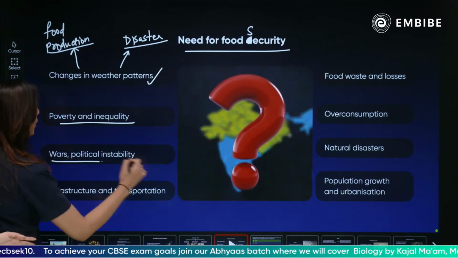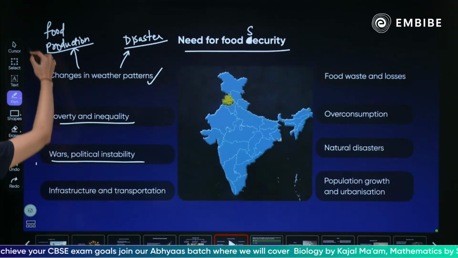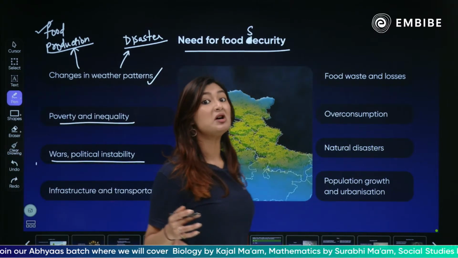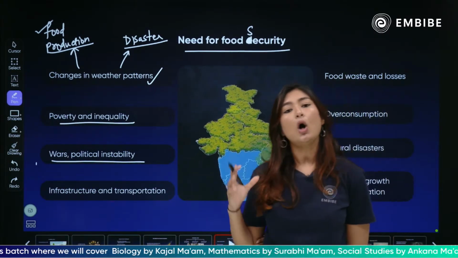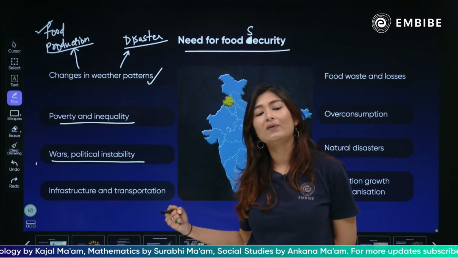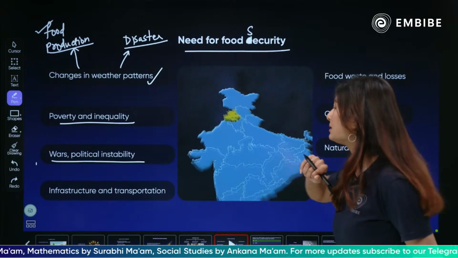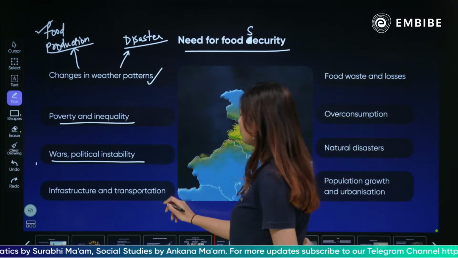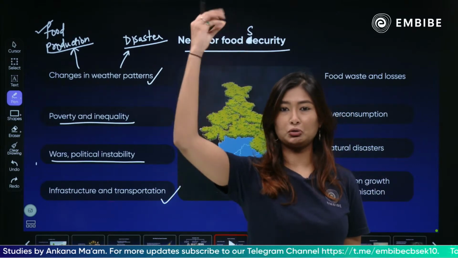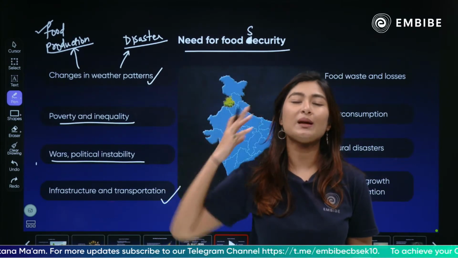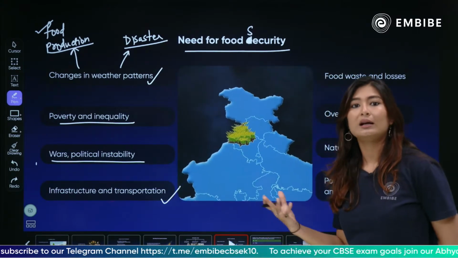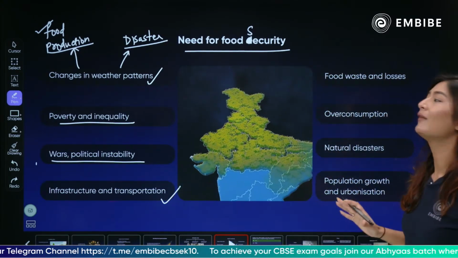Then again, war, political instability, any such kind of situation where food production, food distribution or any emergency situation is created, everything, transportation, accessibility will get affected. So you need to have food always in store to provide to your citizens. Infrastructure and transportation. What if the roads all of a sudden break down? Or there's a transportation strike that goes on for 2 years. ठीक है, या ऐसा कुछ भी प्रॉब्लम आता है, any such unforeseen circumstances occur, then what will happen? We will always have food in our store.